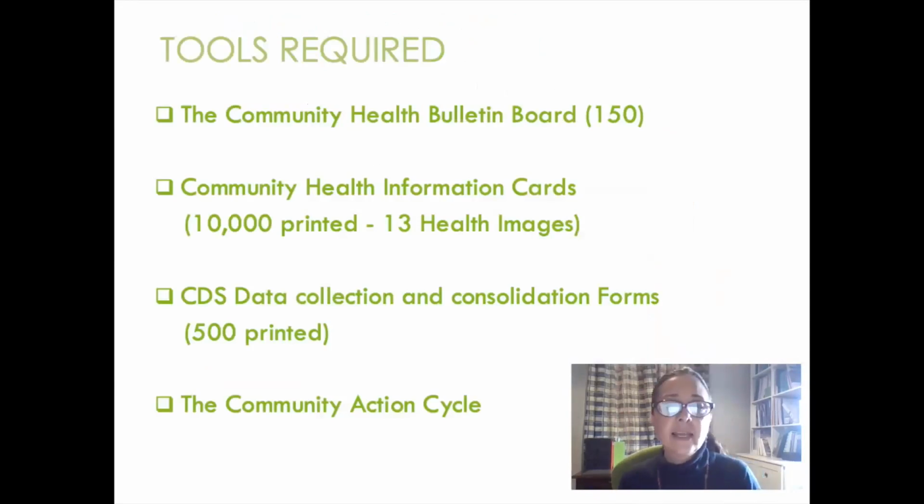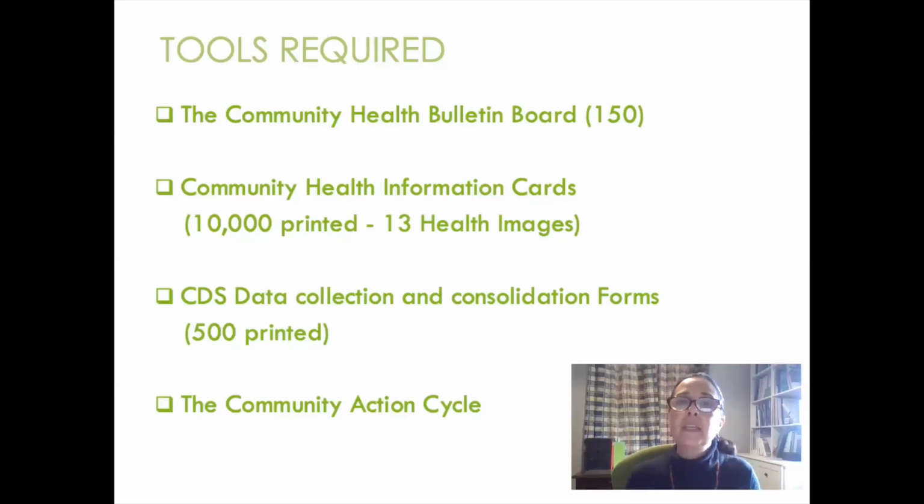The tools required for CDS, well, there were 150 community health bulletin boards produced. They were big, just chalkboards, like a school chalkboard. There were 10,000 health information cards printed with 13 separate images based on the health indicators that were being tracked. There were community decision systems data consolidation forms printed, and we used the community action cycle, which was a process